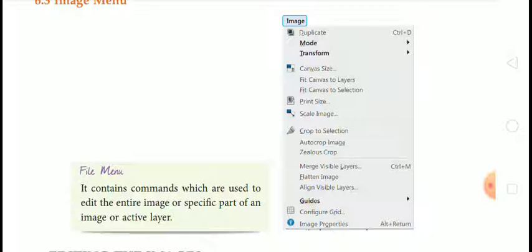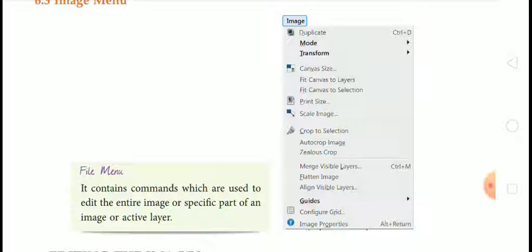Image property. If you want to see the property of the image on which you are working, you can see it when you click on the particular option, and the shortcut key is Alt plus Return.